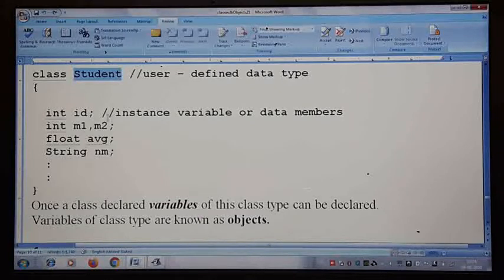I just gave you one student example with ID, M1, M2. Let us take one proper question. As I said, in the board examination you are going to get a 15 marks question based on this. You will compulsorily get one question, but it will be combined with the constructor. Once you are thorough with this, the constructor becomes very easy. So combine this class and object variety program with the constructor, and you will definitely get a 15 marks question in Section B. So this variety of questions is also important.